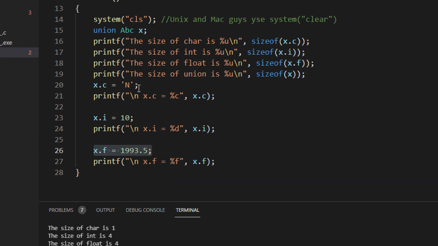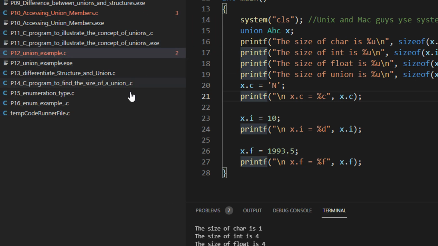In this you see, because I'm using a shared location, I use the variable and I immediately display it. Because if I store everything together and then display everything together, it will again throw a garbage value. So in the union, you take the value, process it and forget. Take the value, process it and forget. That is how union basically works.